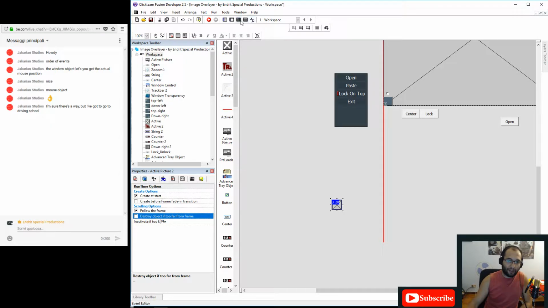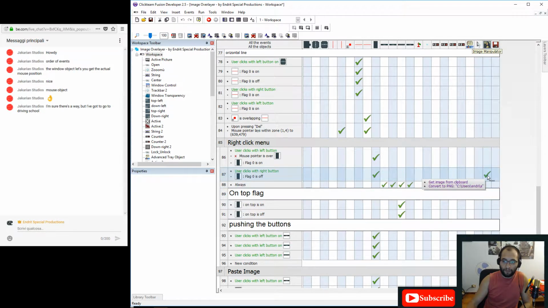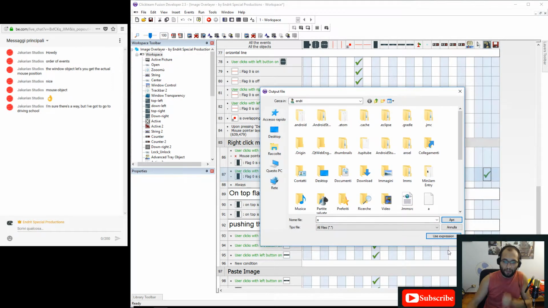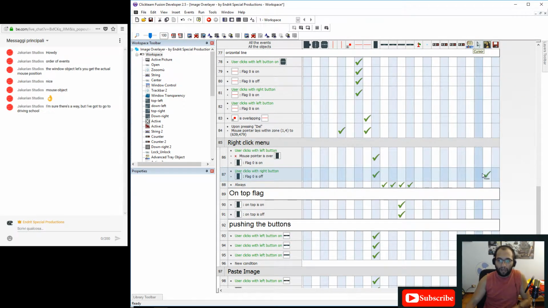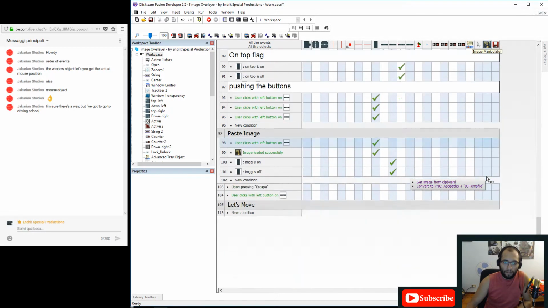So what I'm going to do is, let's see, here, get image from clipboard, convert it to PNG, so I'm going to edit this, and I'm going to use this expression here, app path, plus image overlayer temp file .png. Actually, this is not important, so it's going to be just image overlay temp file. Okay. And okay. Then